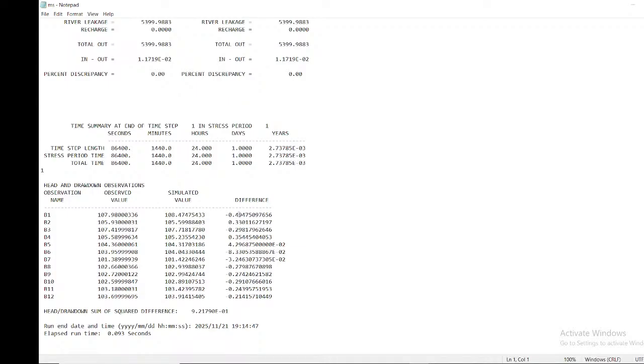So this is high. If I want to bring this guy down, I need to increase the hydraulic conductivity. If I increase the hydraulic conductivity, this will go down. So if I go to B1, then I increase it. But the problem is, if I just increase the hydraulic conductivity of this one, that could affect the other one,